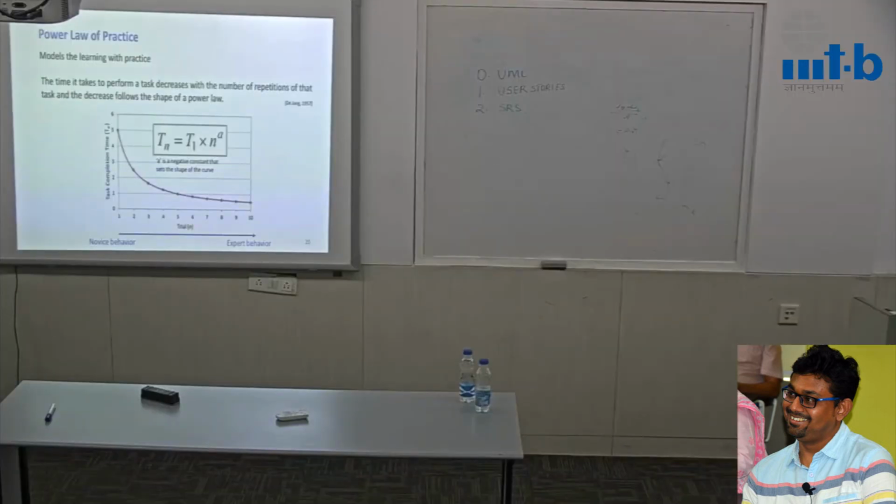This is another one, which is called the power law of practice. Probably you might have heard about this a little bit. It is obvious that the more practice we do, the faster we become in certain things. But through experiments, it has been proved that it follows a power law, and all that this equation says is that if you are trying something very early, you gain a lot of advantage very early. You become faster very early. Yield is high. But slowly, if you practice more and more, you would slightly saturate. Your performance would saturate at some point of time.